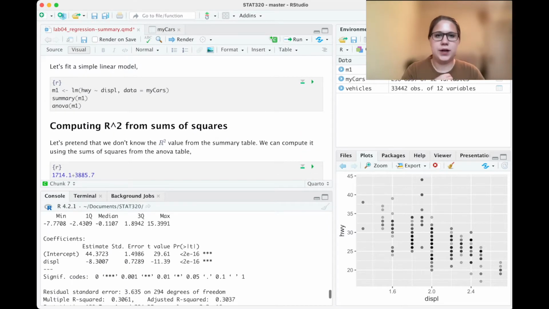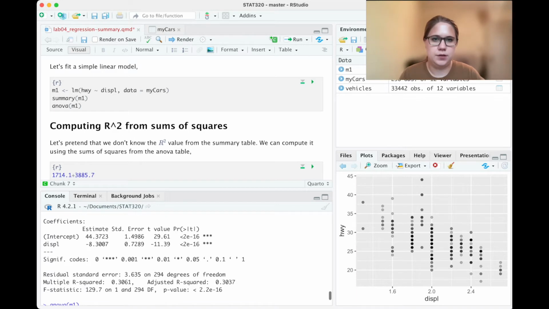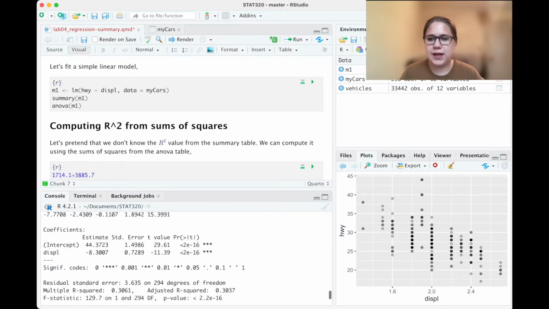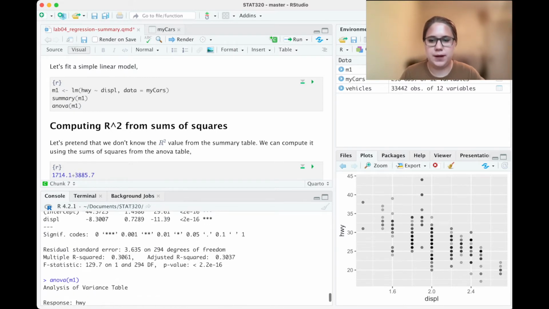So if we were going to do inference about this model, there's a few things that we might want to do. We might want to think about p-values. We might want to think about confidence intervals. Those are ways that we could assess our model. Another way that we could assess our model is we could compute the r-squared value to see what proportion of variability in the response can be explained using the explanatory variable. So if we look at the summary table of the model, it tells us the r-squared right here. It says it's